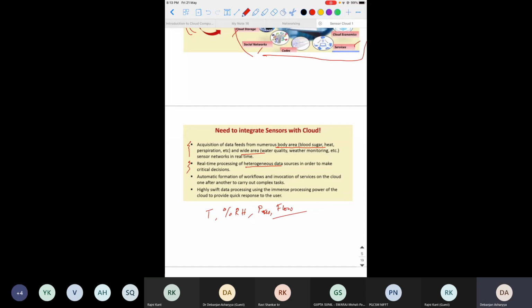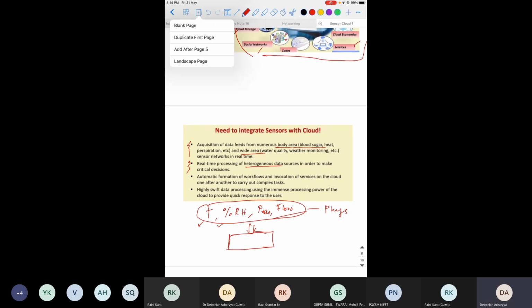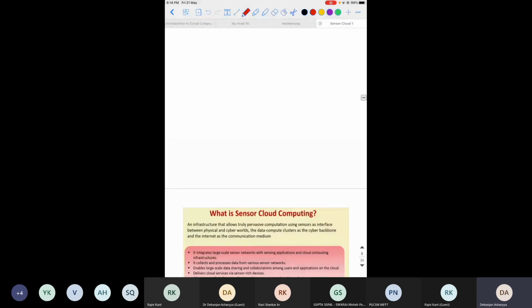These are all physical sensors, and you take the data from them. Now these data are heterogeneous, different kinds of sensory data. So what you have to do is, let's describe this thing in very simple words.